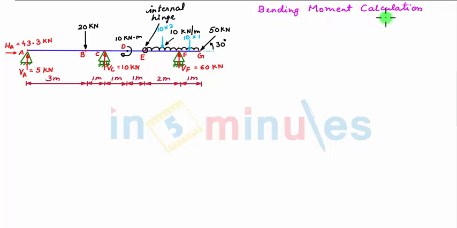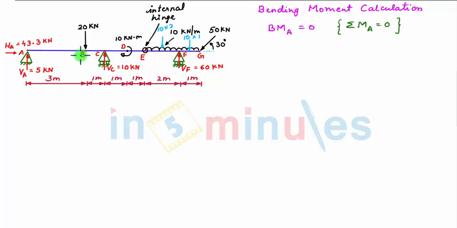So, bending moment calculation. Again we consider point A as origin and we move towards right to other extreme end point G. So taking a section at point A, we have bending moment at point A is equal to 0. Now we see that summation of all moments about point A is nothing but sum of all the moments on the right hand side of section considering point A, which is nothing but by definition bending moment at point A. Now since this summation of all moments about point A is equal to 0, our bending moment at A will also be equal to 0.